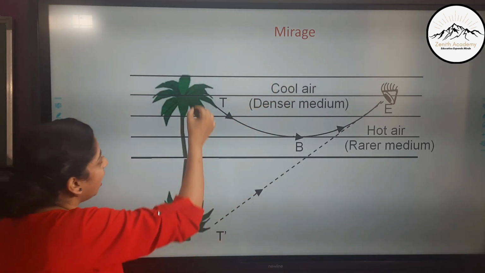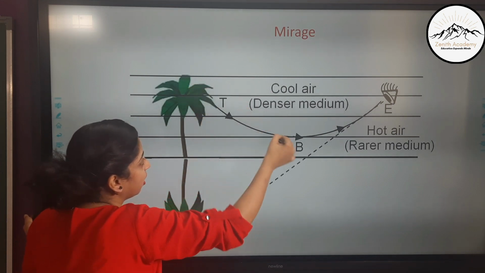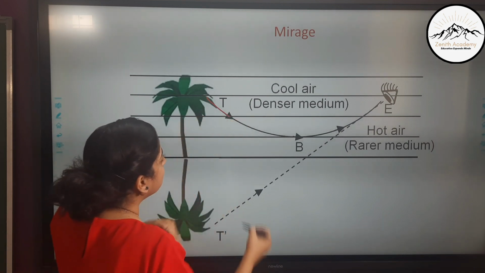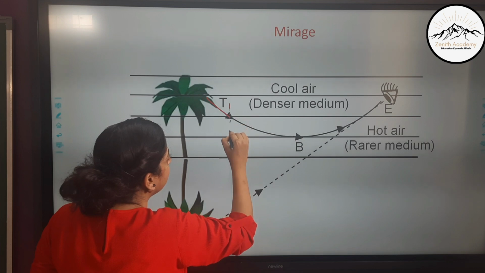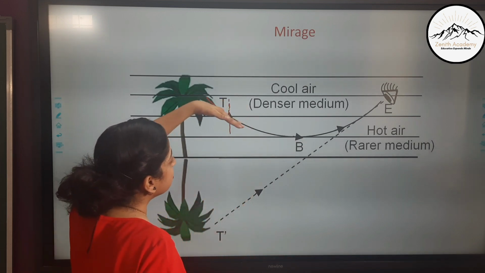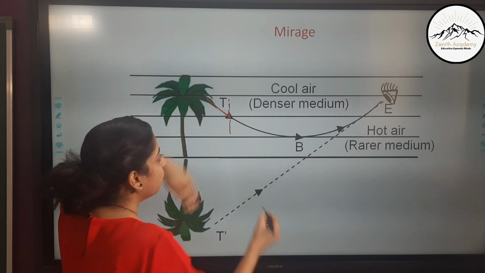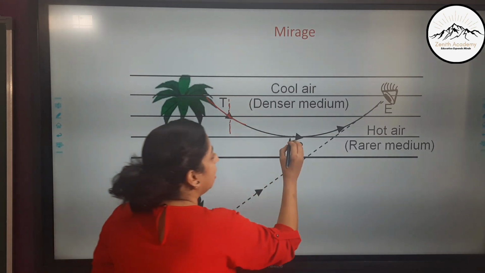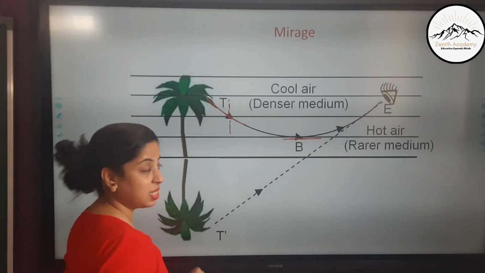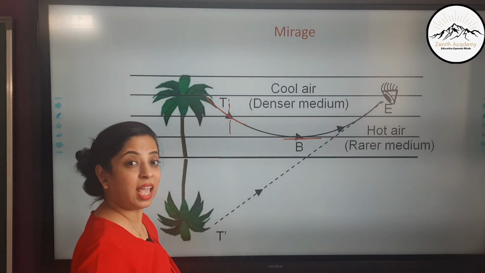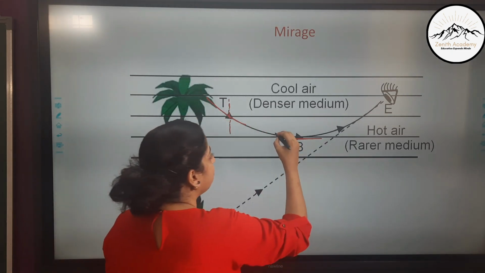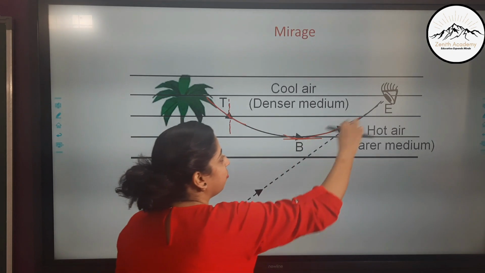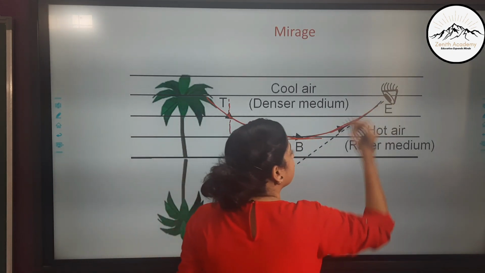Okay, so now when light travels from a denser to a rarer medium, what happens when it is traveling through this layer? Okay, at this point, what is happening? If I draw a normal here, it is moving from the dense to the rare, so it will move away from the normal, so it has moved like this. Now here, then it keeps on doing this. At a particular point near the earth, what happens? This angle becomes so high, this angle exceeds the critical angle, and therefore light totally reflects back. There is no refraction. Okay, so light is reflecting back and reaching the eyes of the observer.